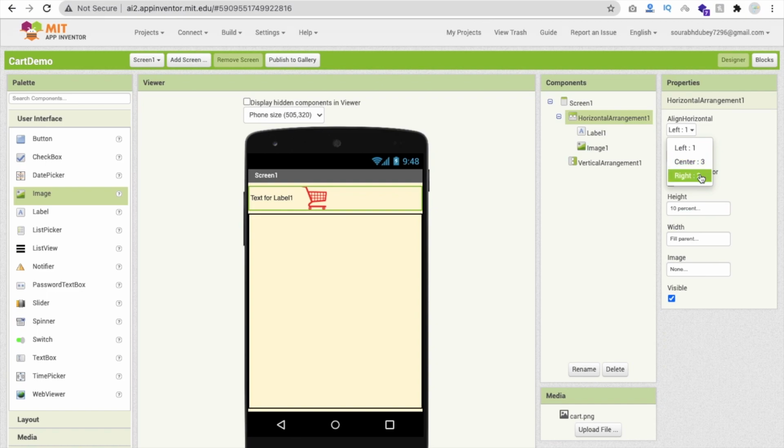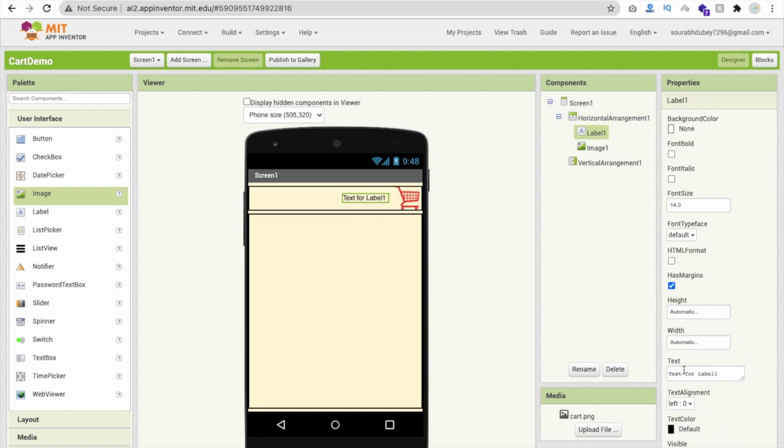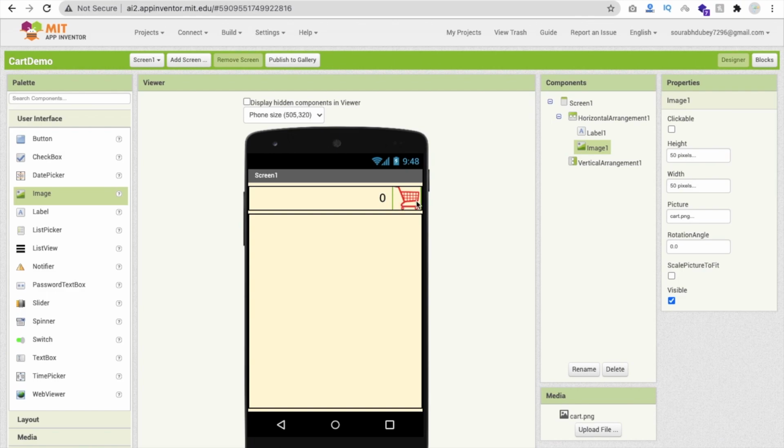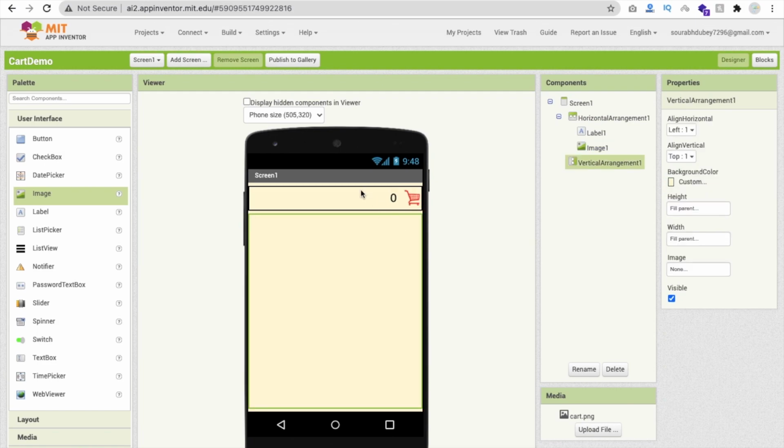horizontal should be right, this side. Make sure the text value is 0 and make the font size at least 20, or you can say 24 is fine. And I think it's still too large, so I'm going to make it 30 by 30, so it feels better, I think. Yeah, it's cool, right? 30 by 30.